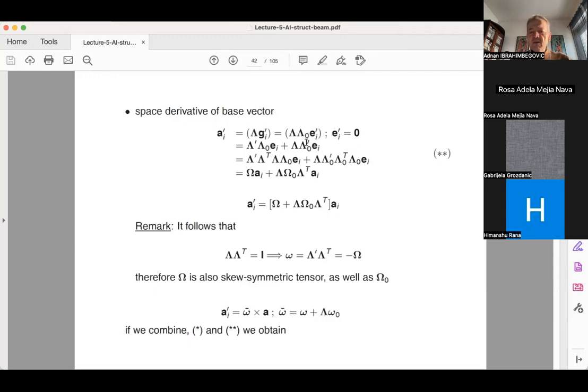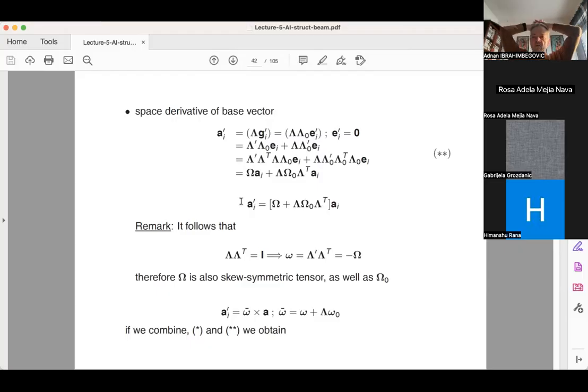But I do have these two terms, and it so happens that I can work it out in a way which brings out the skew symmetric tensors. So these skew symmetric tensors are written as either omega 0, which is lambda 0 prime, lambda 0 transposed, or omega, which is lambda prime, lambda transposed. So if I take the summary of all these results, I can obtain that the